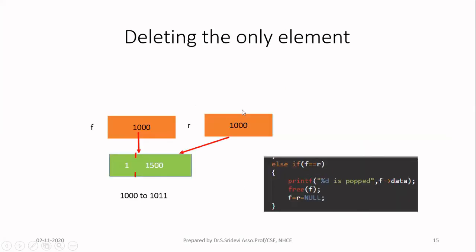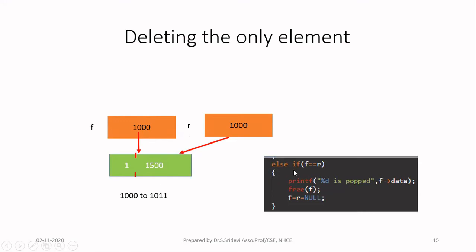But now I have to check one more case. Whether the queue is having only one data, then I'm going to delete it, or if the queue is having more than one data, what will happen? If your queue is having only one data, if you delete it, after that the queue will become empty. So this is a special case, and you have to write a condition for that. How to know whether the queue is having only one data? If f is equal to r, if both front and rear are pointing to the same element, it means that the queue is having only one data. In that case, you have to delete this. After you delete this, the queue will become empty, so you have to store both f and rear as null.